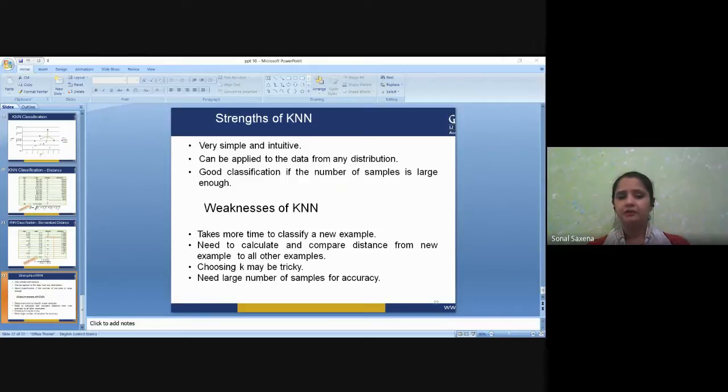Similarly, if we go for the advantage part, instead of estimating for the entire instance set, local approximations can be made to the target function, and together with this the algorithm can adapt to new data easily, which is collected as we go.